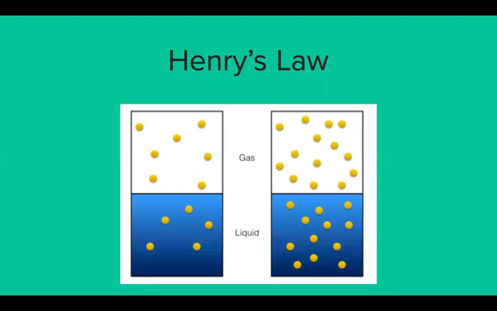This sudden increase in atmospheric CO2 has a direct link to an increase in CO2 dissolved in our oceans. This is due to Henry's law. Henry's law states that at constant temperature, the amount of a given gas that dissolves in a given type and volume of liquid is directly proportional to the partial pressure of that gas in equilibrium with that liquid. Based on this law, if atmospheric CO2 continues increasing at this linear rate, predicted to be about 2.5 ppm per year, the amount of dissolved CO2 in our oceans will continue to increase as an equilibrium is trying to be reached.